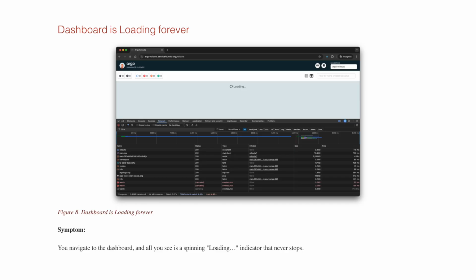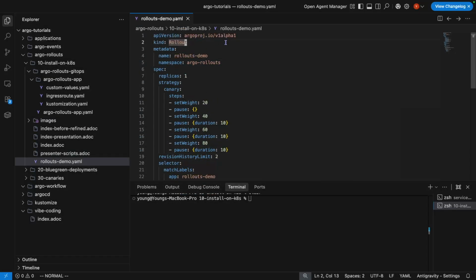It's like walking into a library and asking for books when the library is completely empty. The librarian doesn't know how to respond. The fix? Give it a dummy rollout. Let me show you. Create a file called